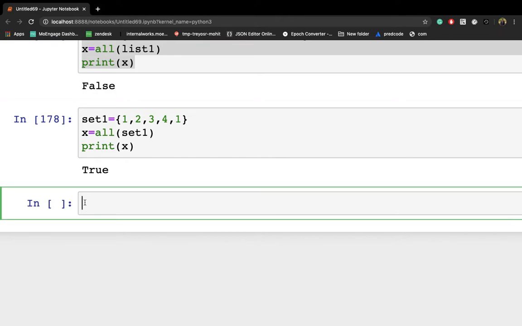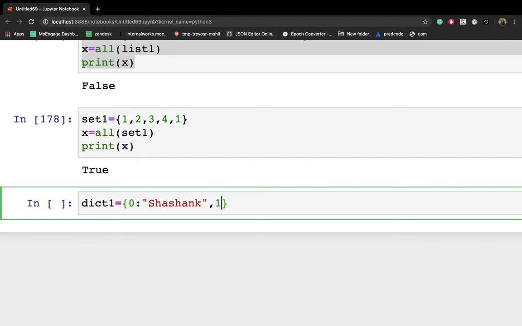Now the next one is dictionary. Let me write dict1 as a variable name. Let me put a few key-value pairs. So 0, which is a key, then a colon, and now we have to put some value. Let me write a string, Shank. Now, separated by a comma, I am providing one more key-value pair.